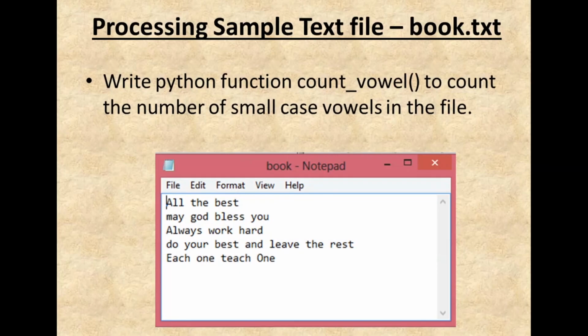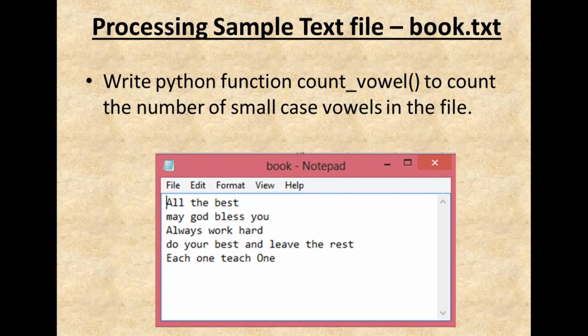What are the basic steps of data file handling? There are three basic steps of working with data files. The first step is to open the file. When the file already exists and we want to read it, the mode of the file opening is the read mode, which is the default mode of opening the file.